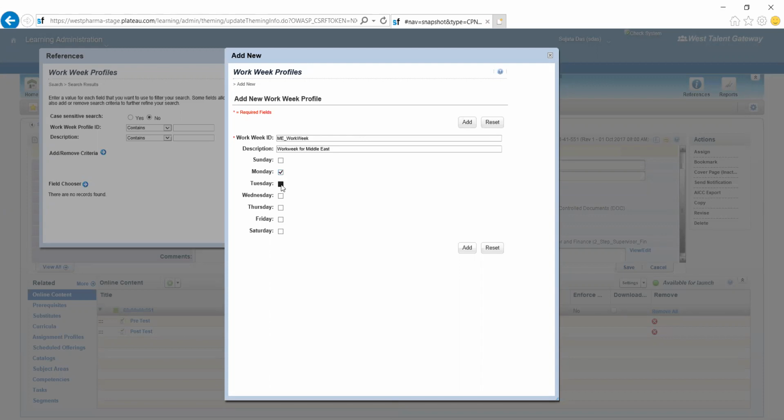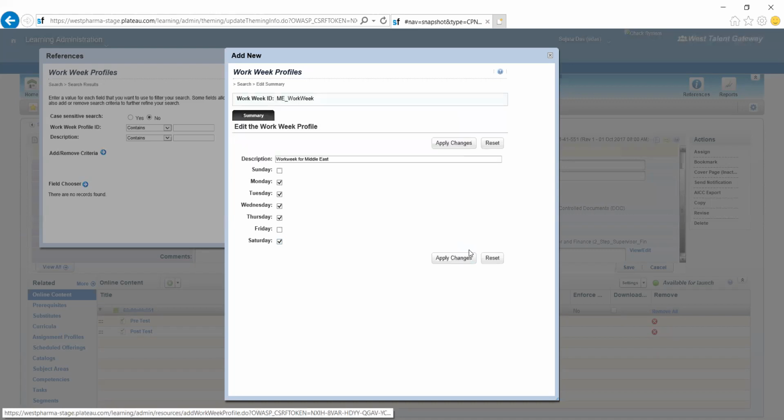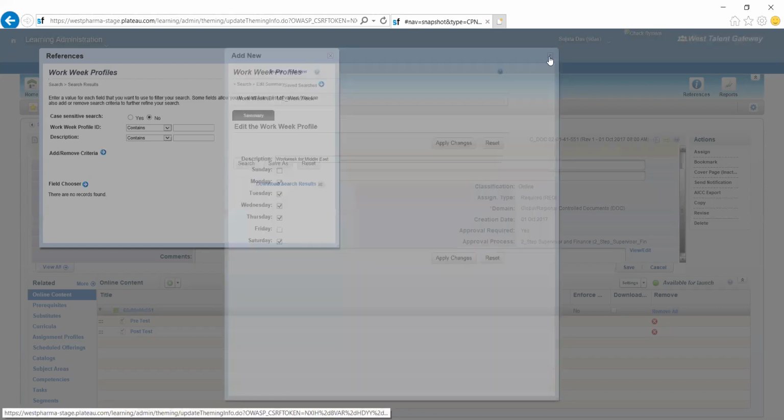I'll be making only Saturday as off. Monday to Thursday and Saturday they are working, and Sunday and Friday they have off. So this is how I can create a new work week profile. I'll click apply changes. Now my work week profile has been created.